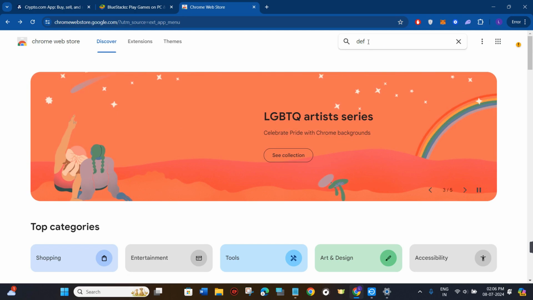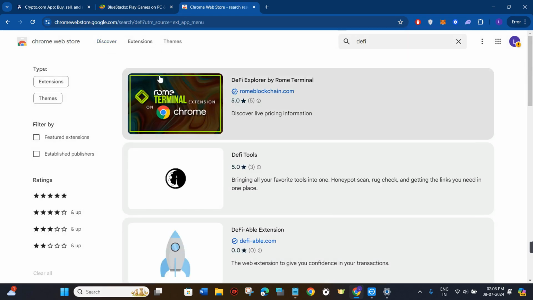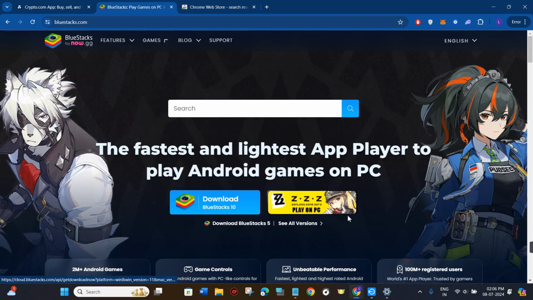But if you want to download the crypto.com application, then you will have to just follow the BlueStacks and LD